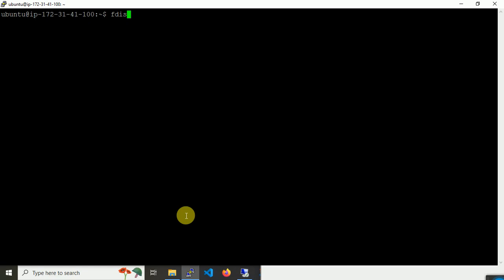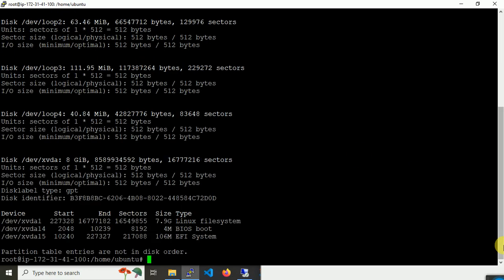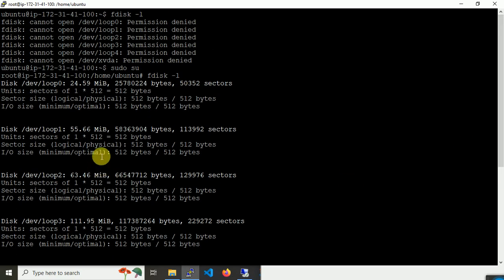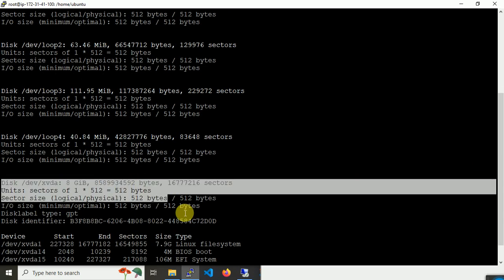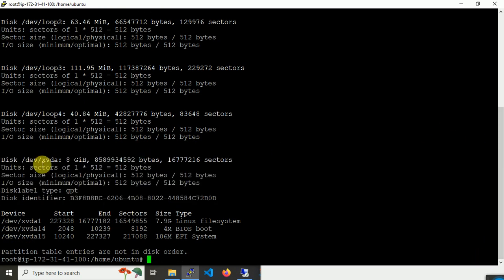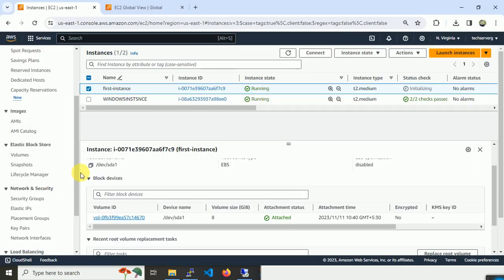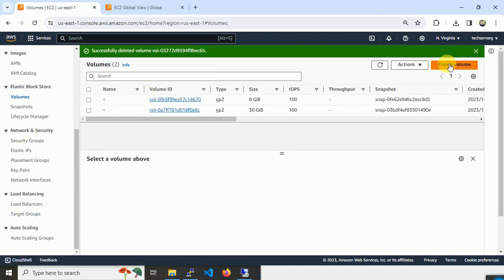Let me validate with fdisk -l. Sorry, permission denied. Sudo su, fdisk -l. You have one disk of 8 GB, only XVDA; the partition XVDA1 has been set up. Now add an additional disk: volumes, create volume,